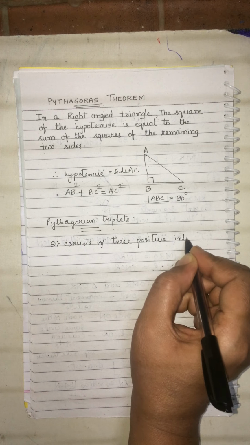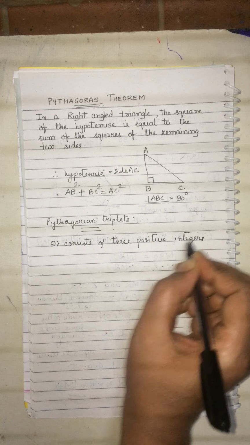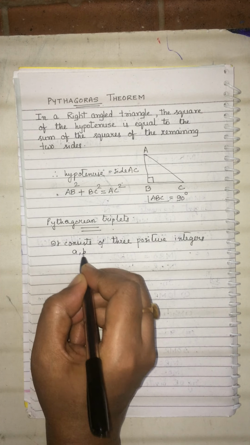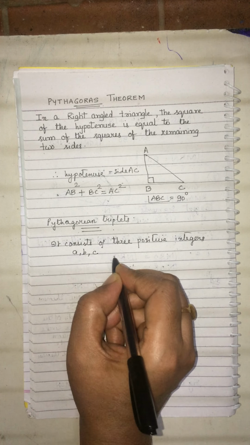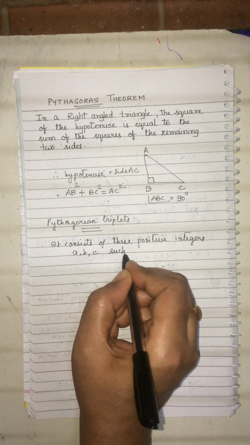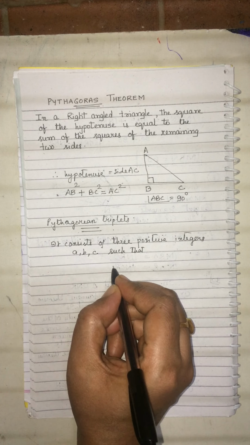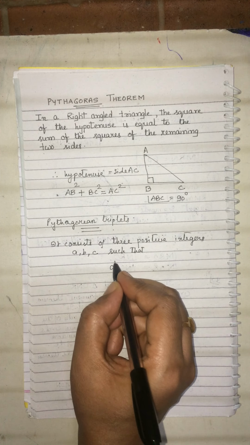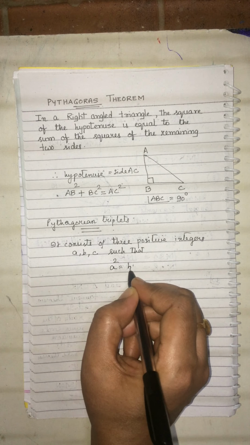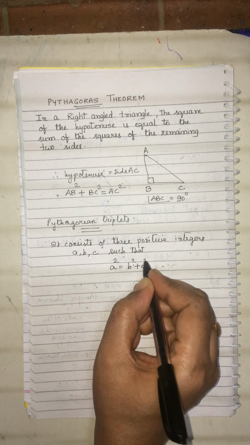And if we consider those integers as A, B and C, then what do we get? We get, if let us say A is the hypotenuse, then A square is equal to B square plus C